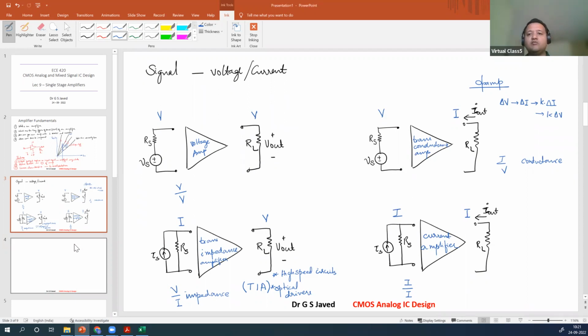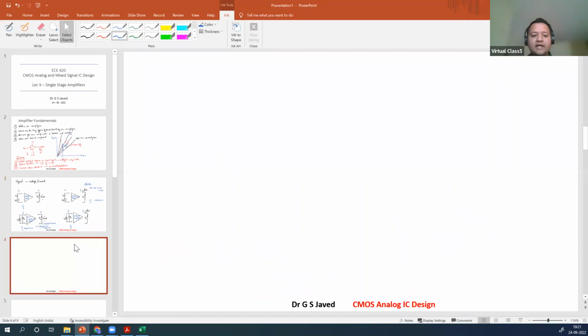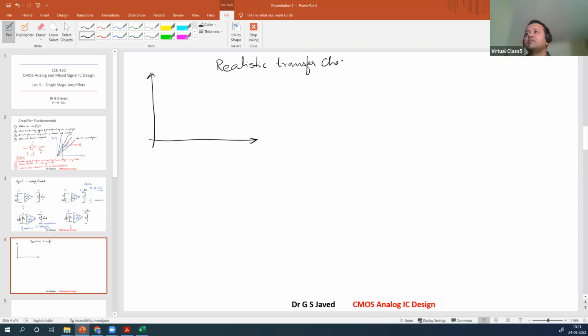Now, what are some of the more practical characteristics? I would rather call it the realistic transfer characteristic. Now this realistic transfer characteristic is highly dependent on the DC operating point of the system, because you can start clipping, right? Either if you give the voltage input like this,